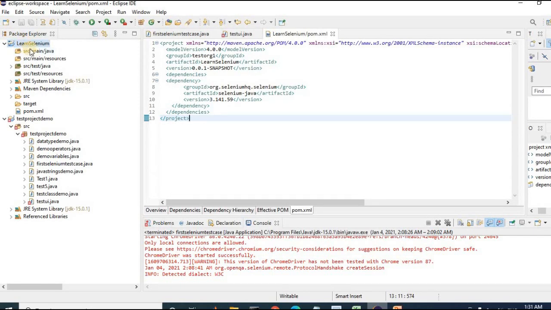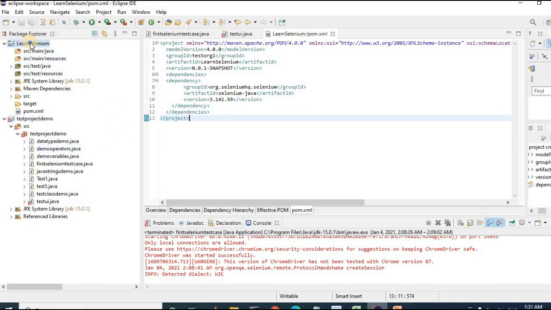I have already created this. You can see it's Learn Selenium. Once it is created, all the src/main/java, src/main/resources, src/test/java, and src/test/resources folders will be created.